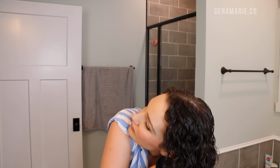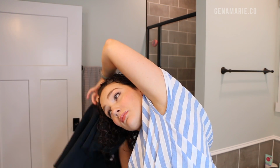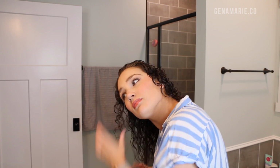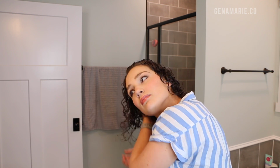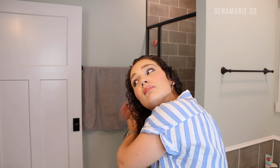Your hair should have soaked up all the product and water that it needs, so by doing this, you're just removing any of the excess, which is going to help speed up your dry time, and you're going to get stronger hold. Because I like to go in with another layer of gel after this, I just kind of glaze and smooth that on, not too much, just a little bit, because you might get a little bit of frizzy areas after scrunching with a towel, and this creates so much more hold because you're adding another layer on to